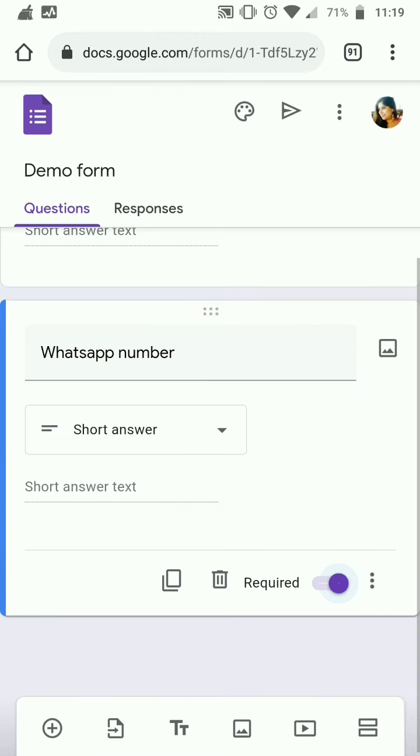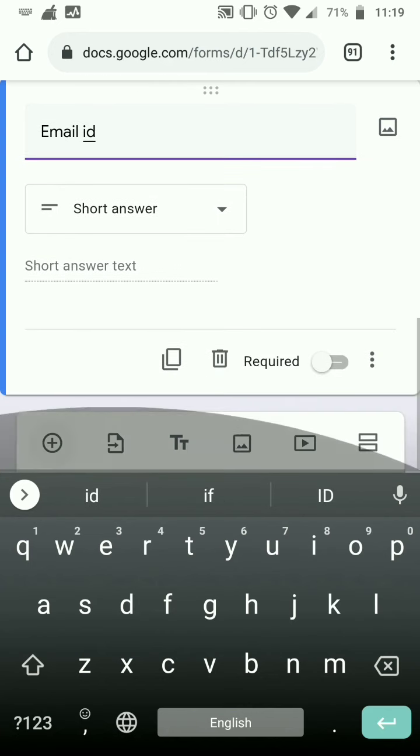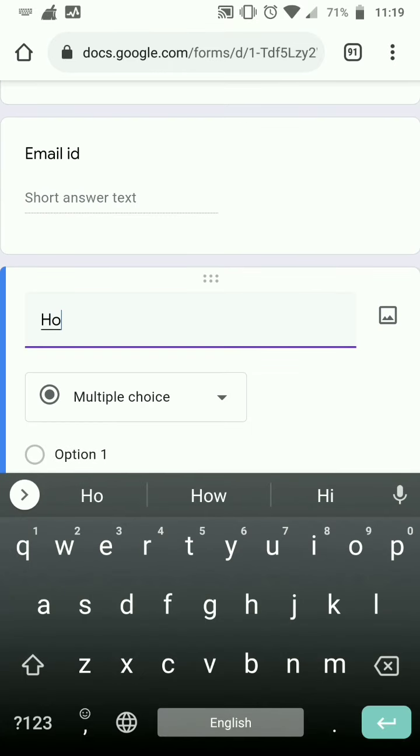So make it mandatory. If you want contact details, then add email ID, then add how do you know Swati Vyas.